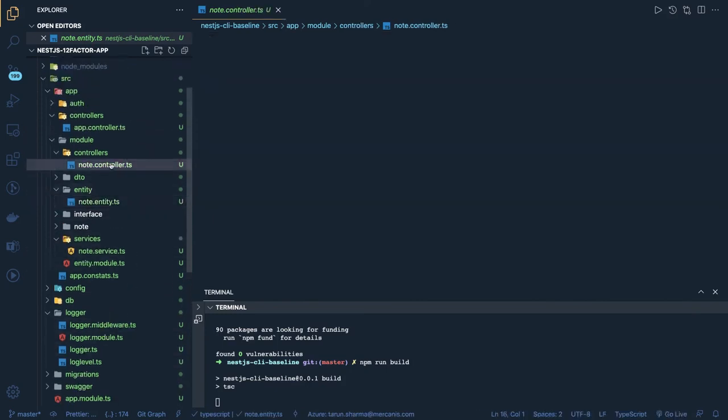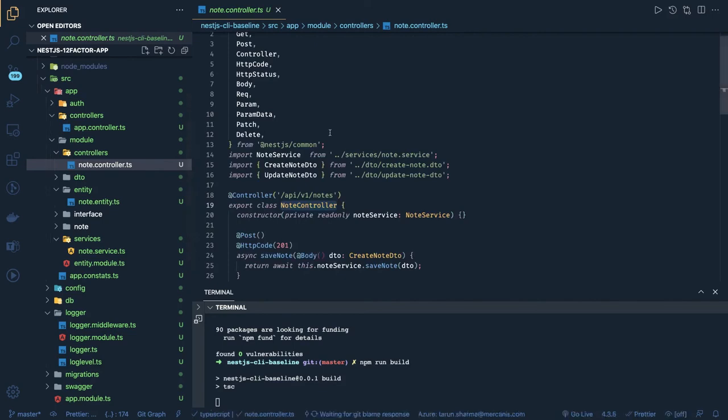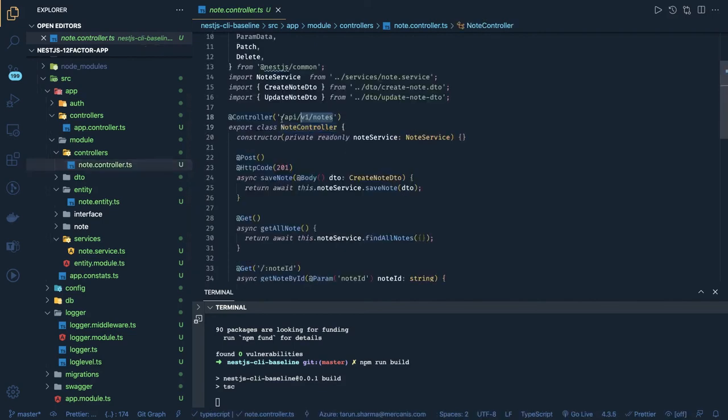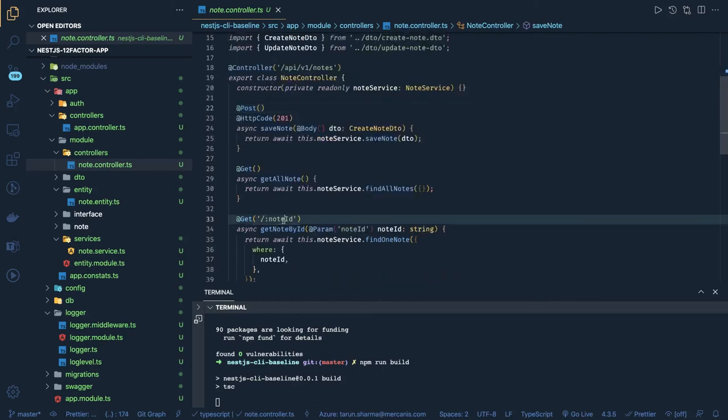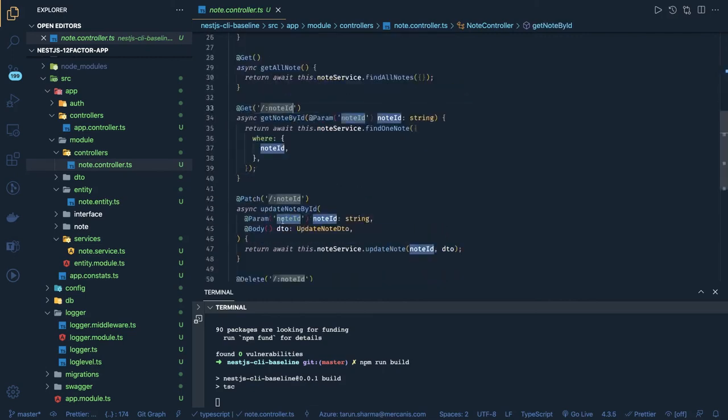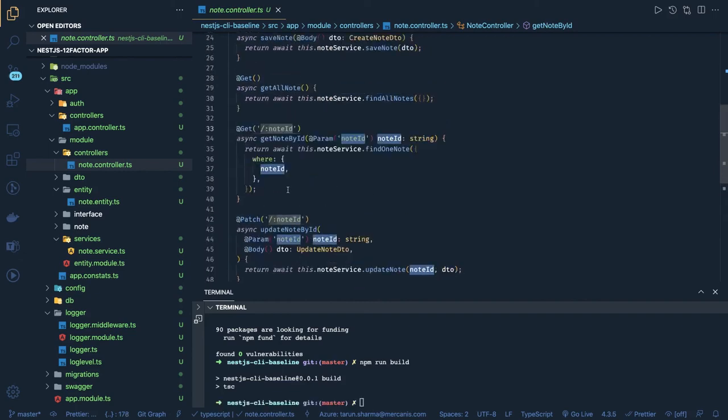Okay, and this is a simple controller having basic get, put, post methods. The root route is API v1 nodes, then there is a post, then there is a get, and then there is a get by ID, and then there is an update patch by ID, and then delete by ID. Okay,